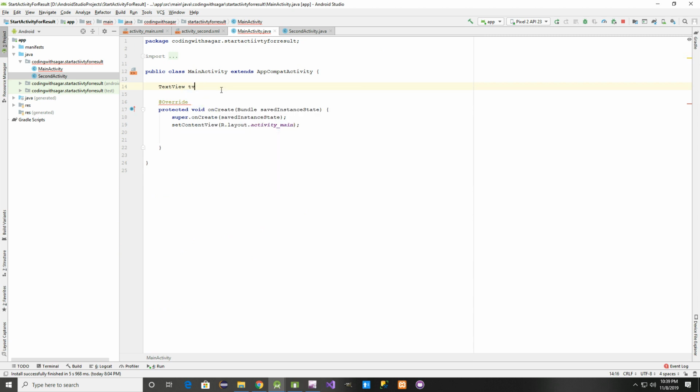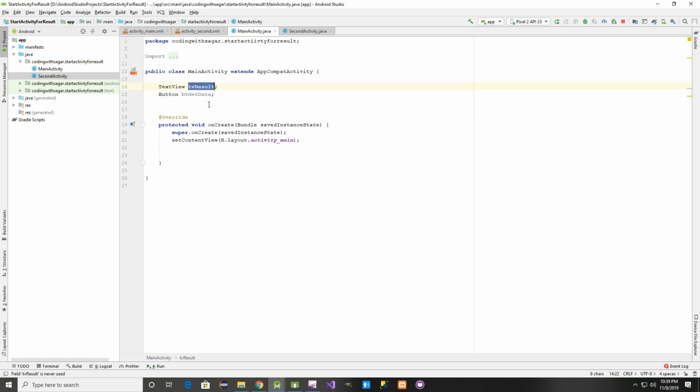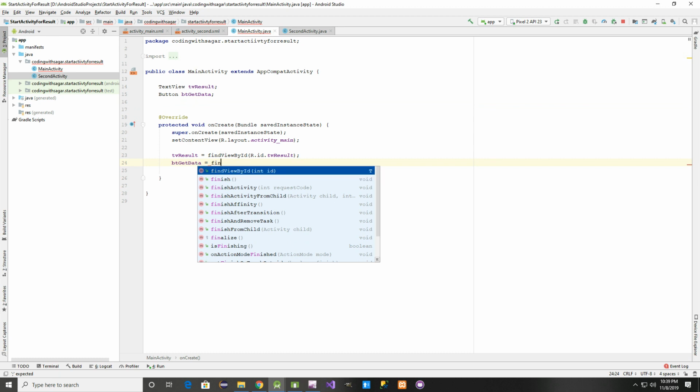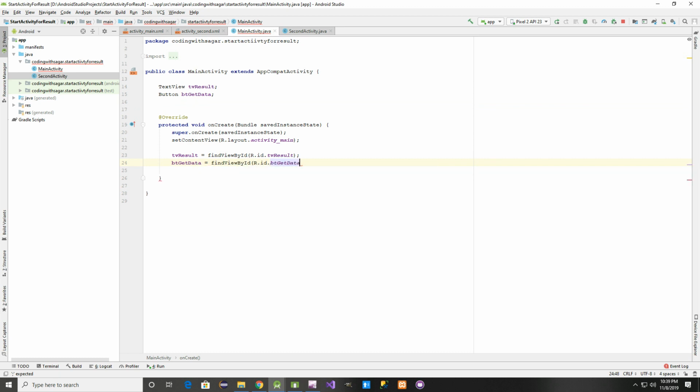TV result, button, BT get data. I initialize both views. Find view by ID, R.id, BT get data, find view by ID, R.id, semicolon. Now I set the listener on this button, BT get data,